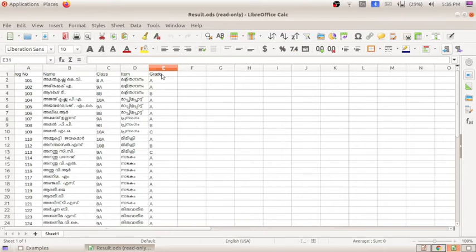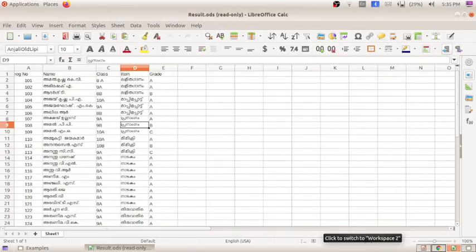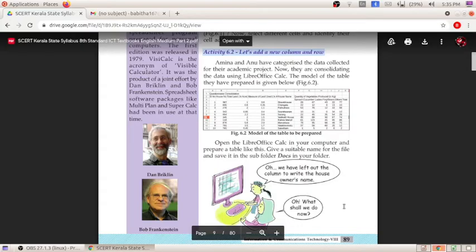Okay, so here this is one cell. When we click here, this cell becomes active. It's in bold, and the cell address will be A1. That is noted here, A1. Okay, when I click here, what is this, B2? You can see the cell address over here. So here the first thing is adding a column and a row. Okay, so we are going to add a new column and row.